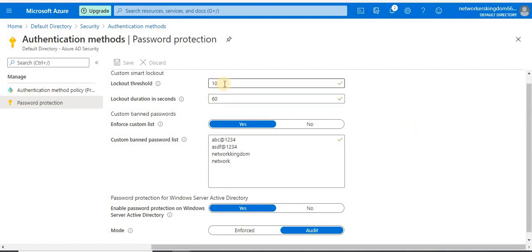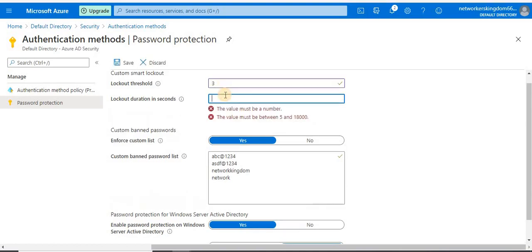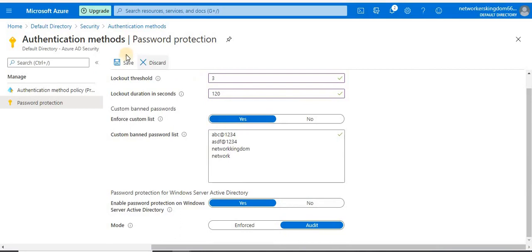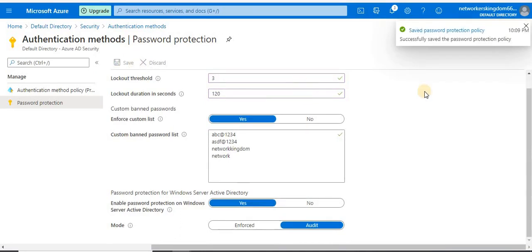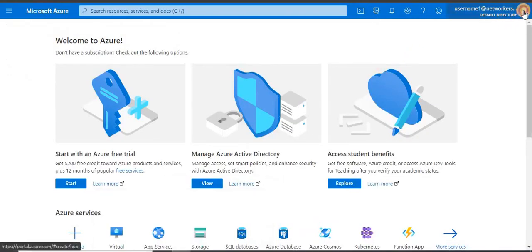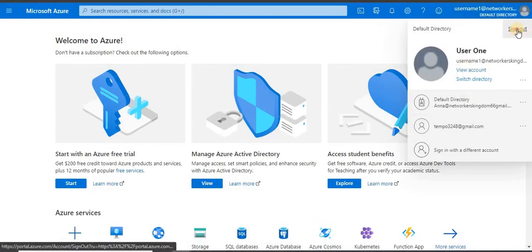Let me show you this as well. Let me set it to 3 and duration to 120 seconds, and save it. Okay, it is saved. Now let's test it. Let me sign out.